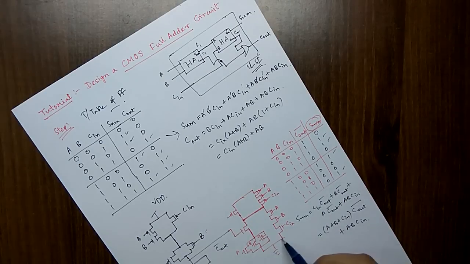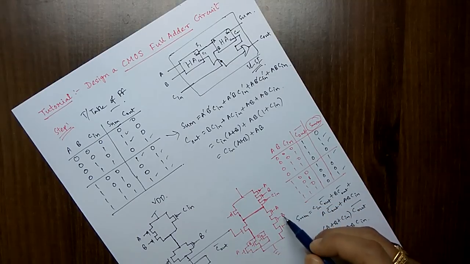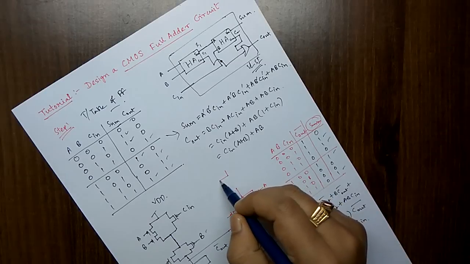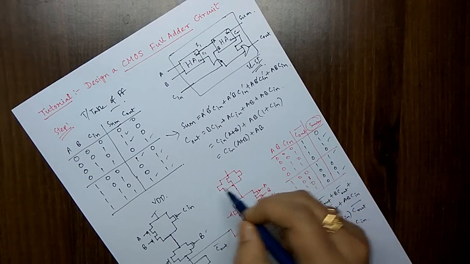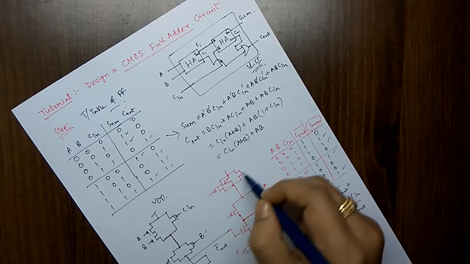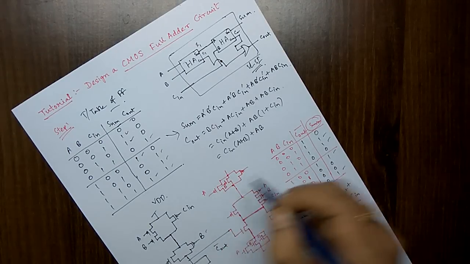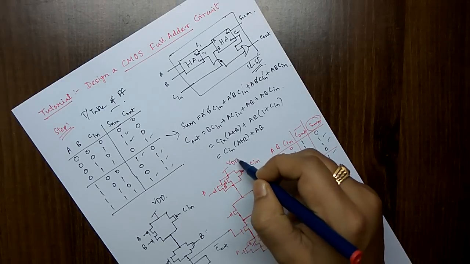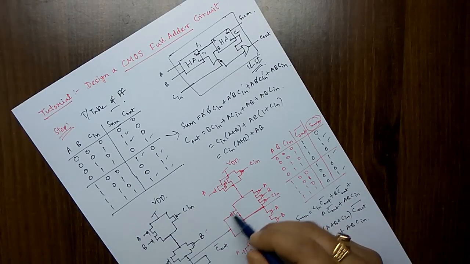Now the whole thing, which was parallel in the pull down network, will now be in series. A, B, C in was earlier in series for this particular part; now all of this will be in parallel. So it will be A, B and C in. Okay. So from there, obviously you need to take the connection, right? So C out bar here and here also.